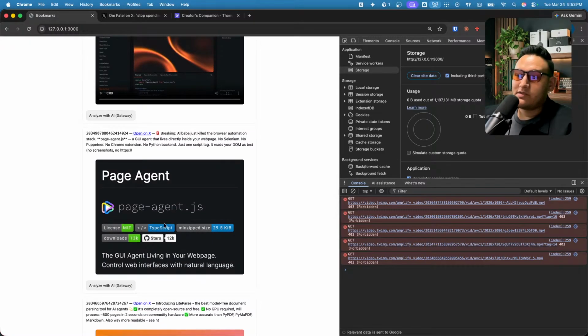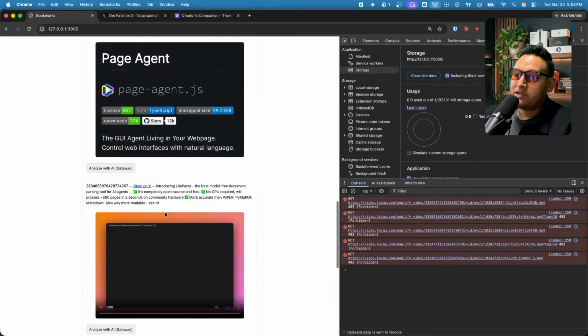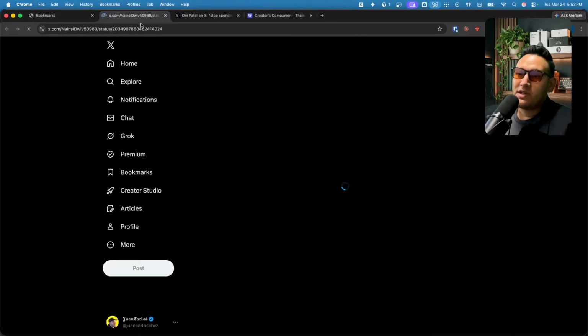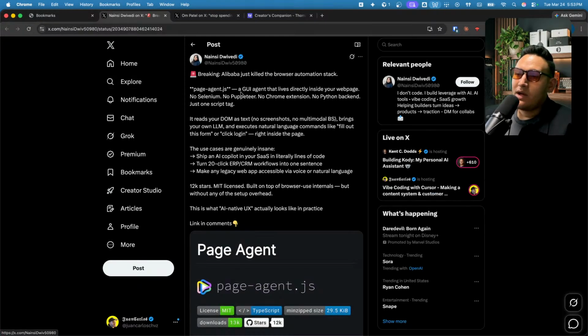and like this for instance, it's Page Agent. I do want to look more into this. If I open this up on X, you can see it's a post. Let me open this up with,